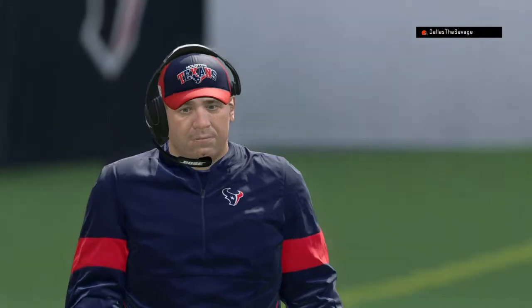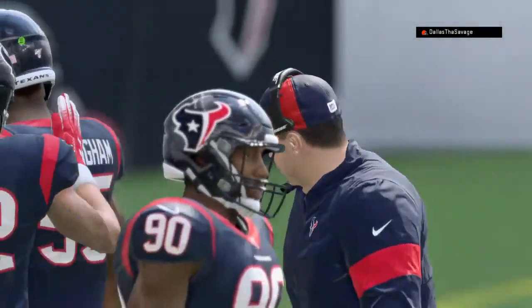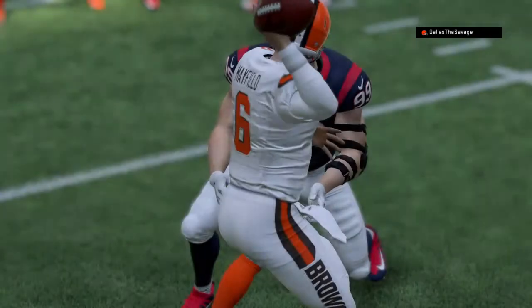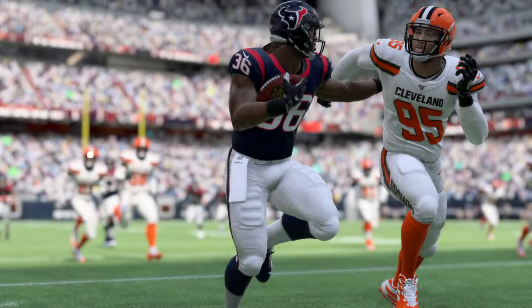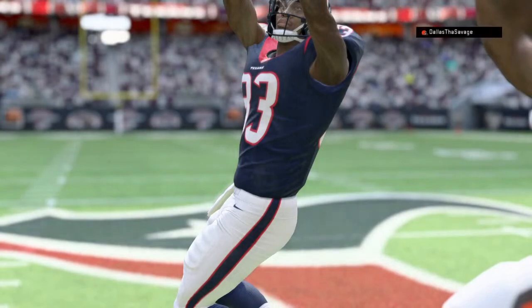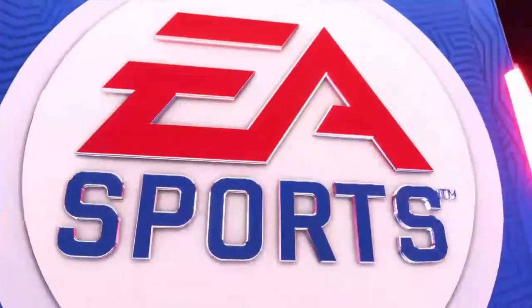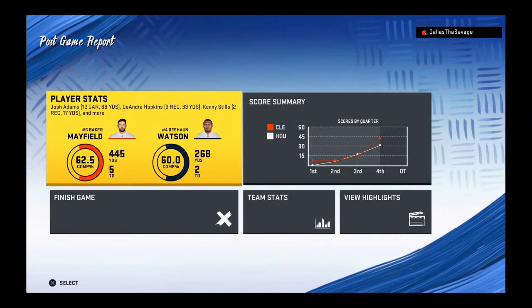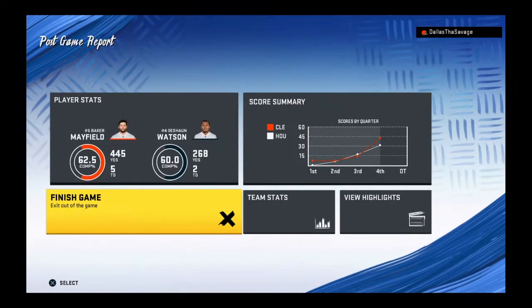A big offensive explosion helped lead them to victory, and the defensive guys, they're just saying, hey, put those points up every week, we'll just keep winning. They will gratefully accept them, won't they? It makes their job that much easier when they're scoring that many points, allows them to play with a totally different style and a different flow. So for the Browns, they continue to keep pace for that first-round bye as they